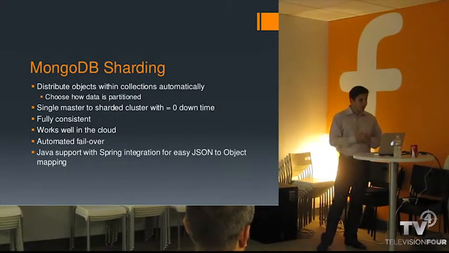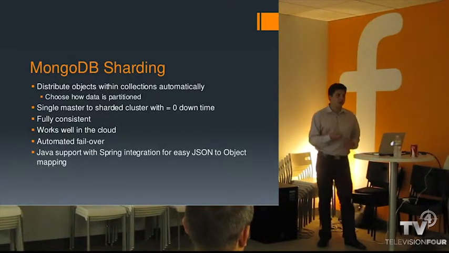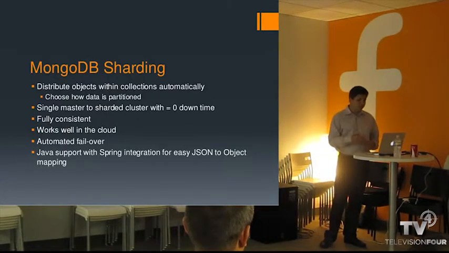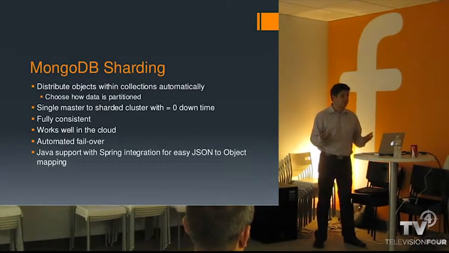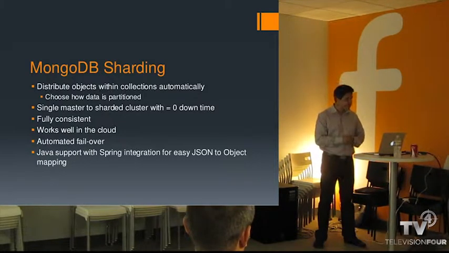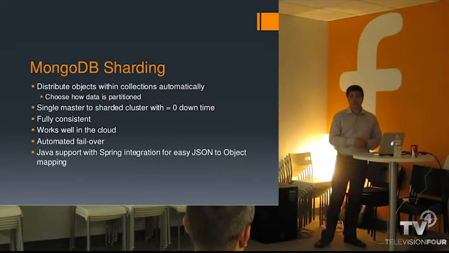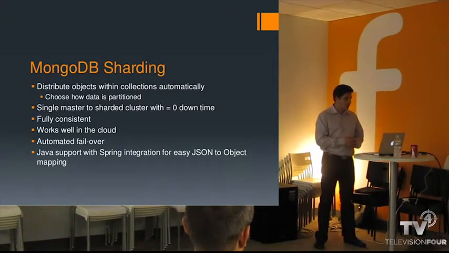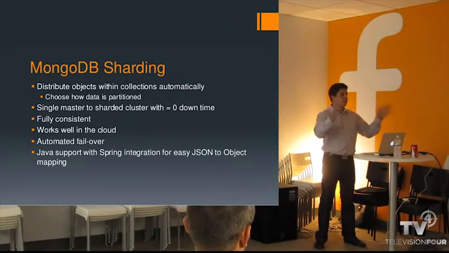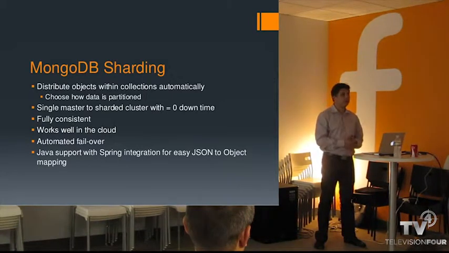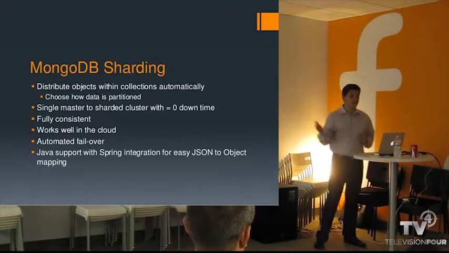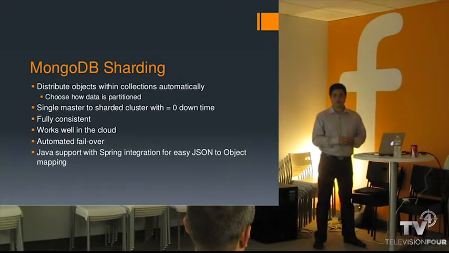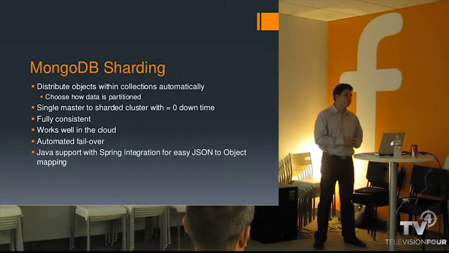So with Mongo, you can distribute objects within collections automatically. Essentially, it gives you sharding for free. And you can choose how that data is partitioned. You can also create one single instance and have just one database, and then shard later on with zero downtime. So it's perfect for cloud-based